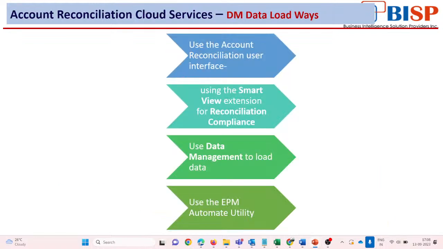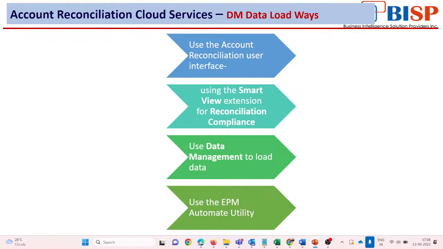Under the user interface, we first create a profile, and then in the period we load the data for reconciliation purposes. The steps are similar here, but we have to perform one additional step of configuring data management. Once the data management configuration is done, we can use it for loading multiple sources, subject to the format, and